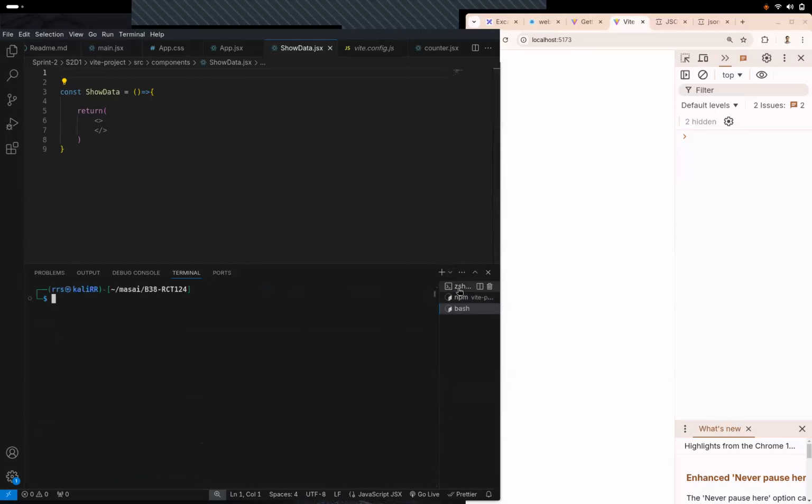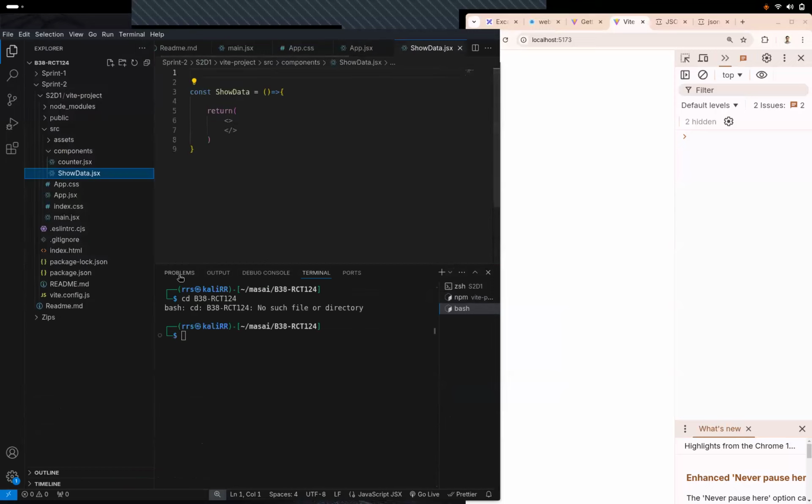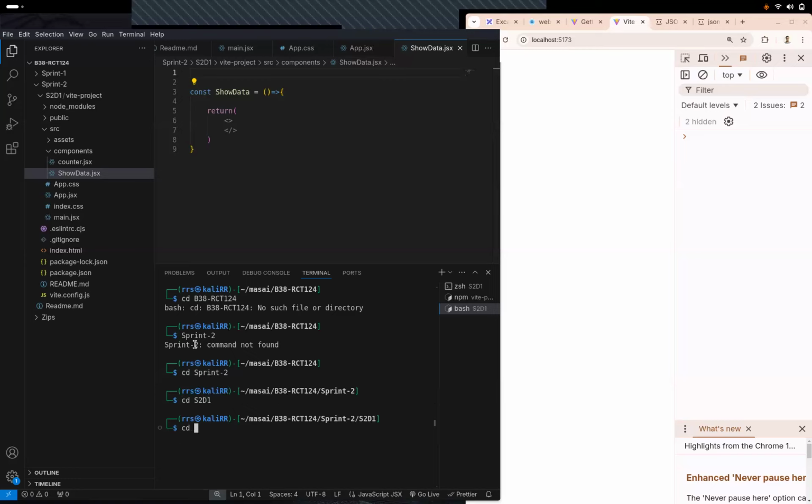So let's do one thing. Let's append Axios in our system. Previously we did that by just pasting CDN links. Now onwards, we'll have to install that, right? We'll have to visit in my CD124 folder. Okay, I think I'm already in that folder. My bad. Let's visit sprint 2, and in that we have A1, and there we have read project, right?